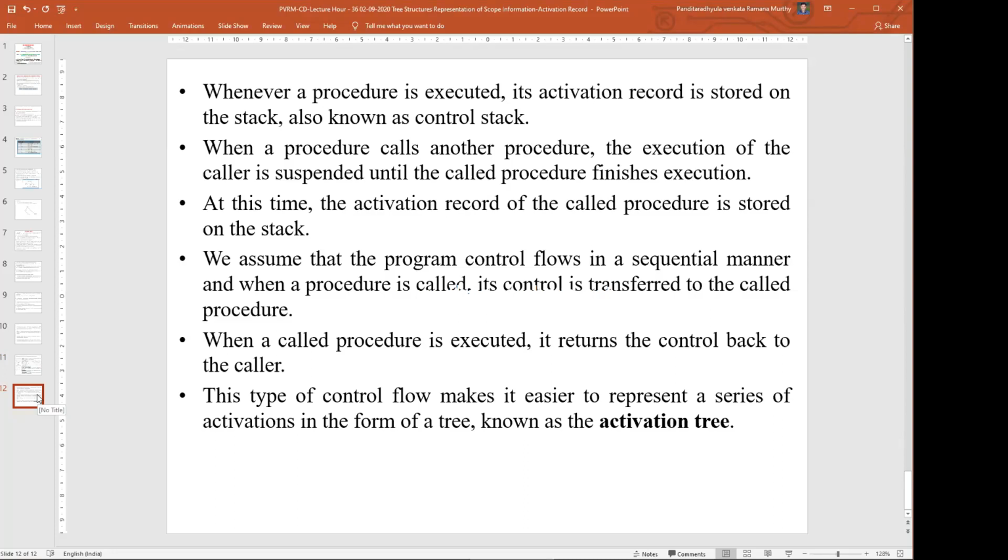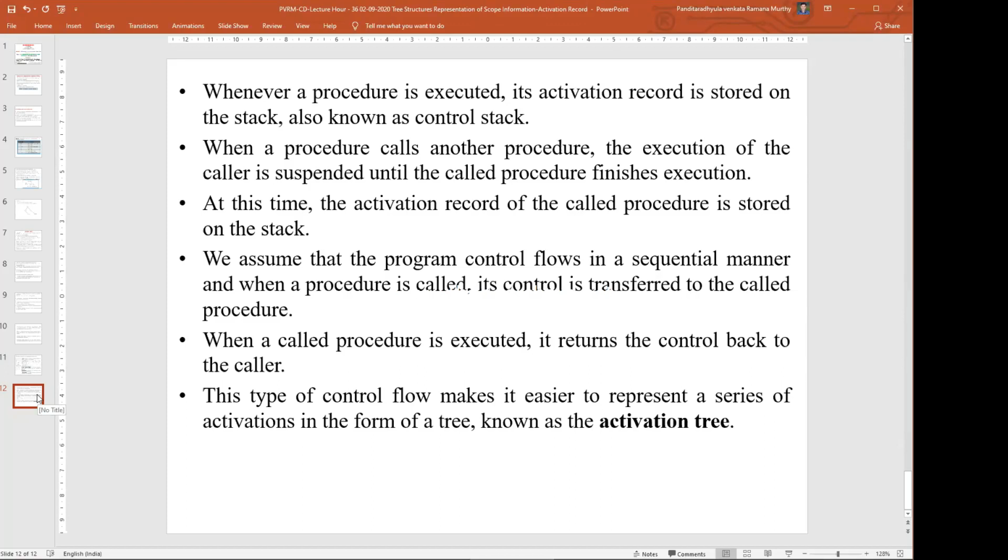When the called procedure finishes its execution, it returns the control back to the caller. This type of control flow makes it easier to represent a series of activations in the form of a tree. That particular tree we call the activation tree.